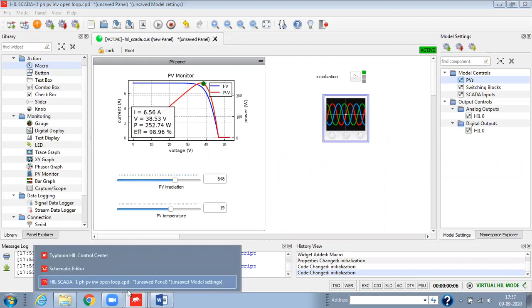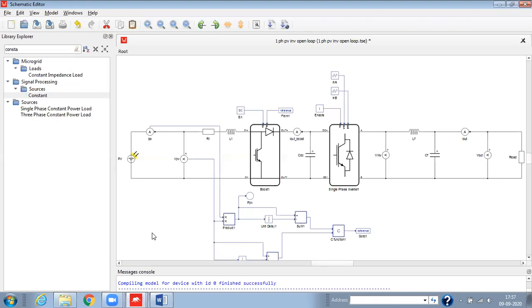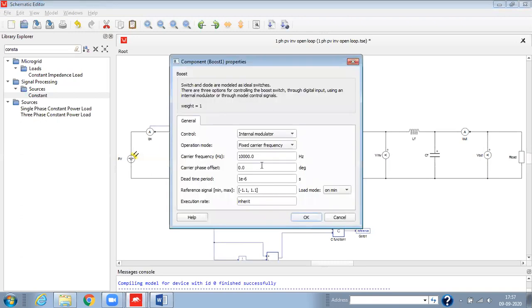In this buck boost converter, why do we need the carrier frequency? Carrier frequency is the frequency of switching the IGBT block. If you want to study more detail regarding this boost converter, you can go to the help and study the internal structure, modeling and all the settings we have in the boost converter.